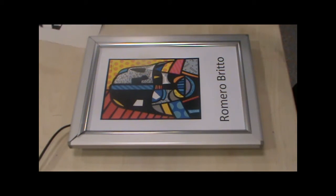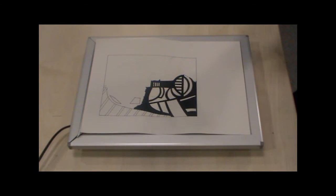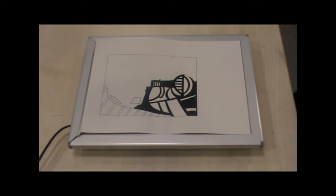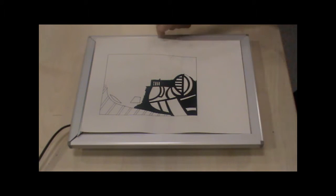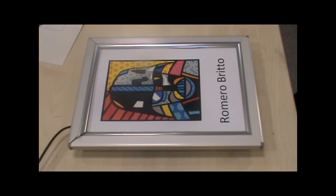Now, this is the one that I did earlier. So I've done the 3 stages. I've got the drawing stage done. I've then gone over the pencil work in a waterproof pen, and then I've started to do the black lines and fill in any black areas. If you notice, that is exactly the same as the image underneath, and the reason for that is that I